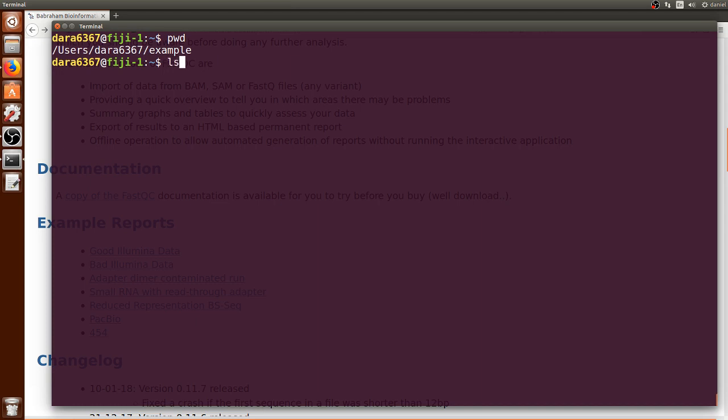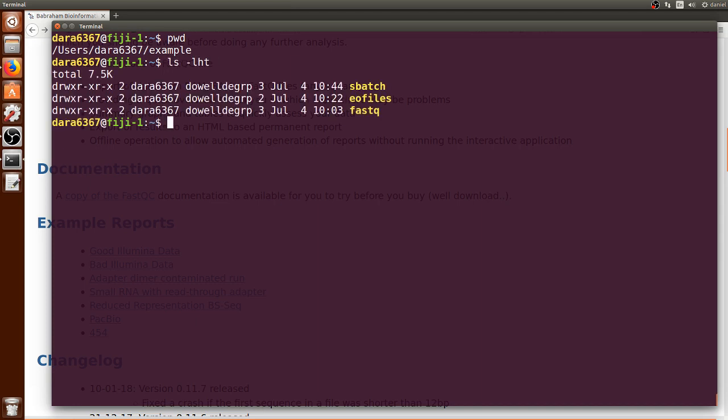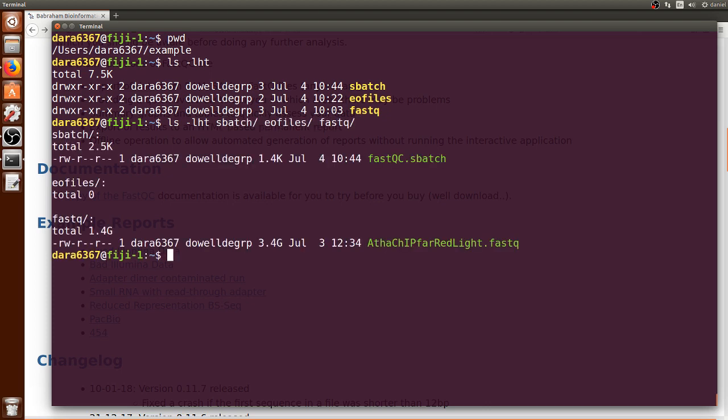We can print the working directory and let's list the subdirectories, and we can list what's inside of these three directories simultaneously: sbatch, EO files, and FastQ. In the sbatch directory, we have a single text file, which is what we will be using to run FastQC on the computer cluster. In the error and output files directory, there's nothing there yet because we haven't run any job yet. And in the FastQ directory, there's a single FastQ file, which contains the sequencing data of this experiment